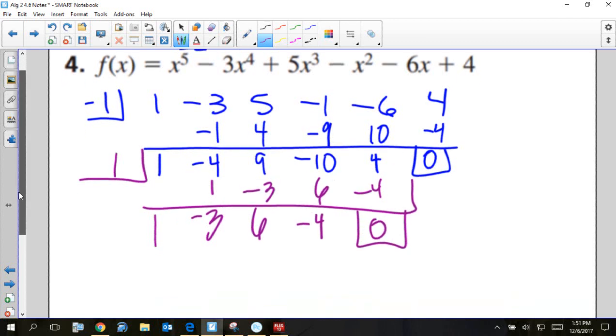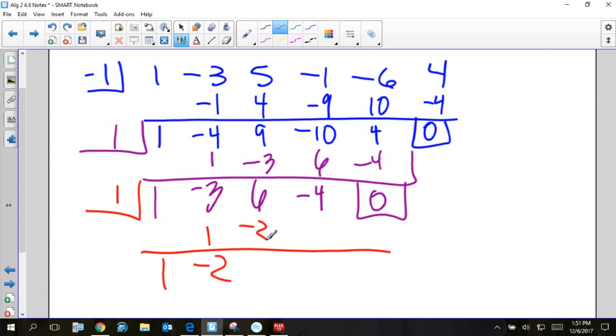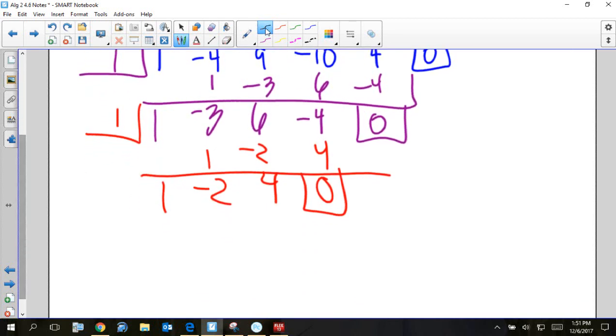And then according to our graph, it looks like there's a multiplicity at 1, so I'm going to try another 1. So I took out the 3 zeros that I could see. From there, once I have 5 zeros and I've taken 3 of them out,